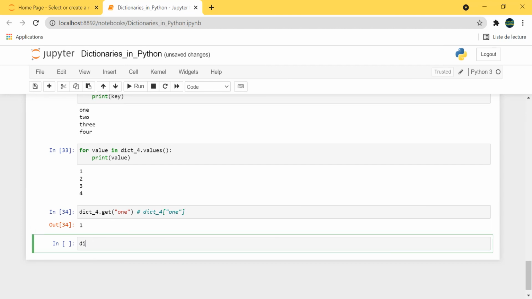Okay, and we have also the fromkeys. So fromkeys uses two items. So we have the first item, which is a list or a sequence, something that is iterable, and the second one, which is the value. Okay, for example, if we want to create